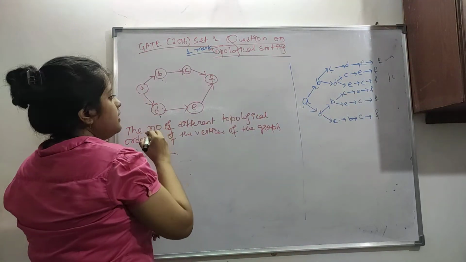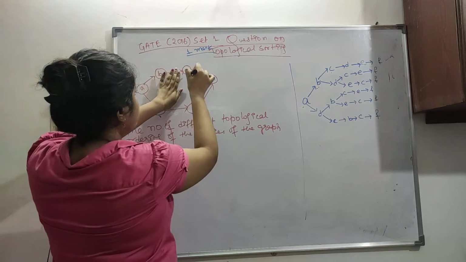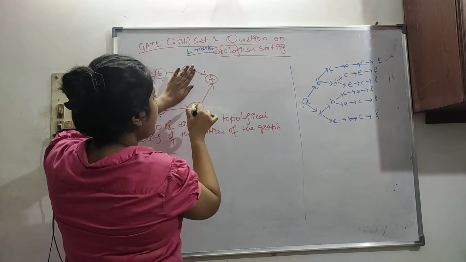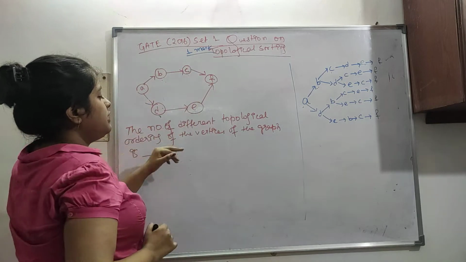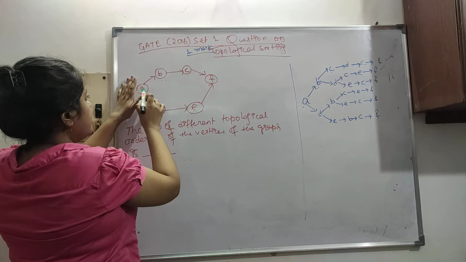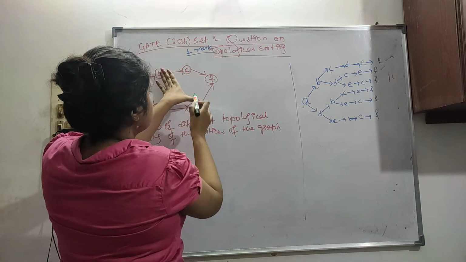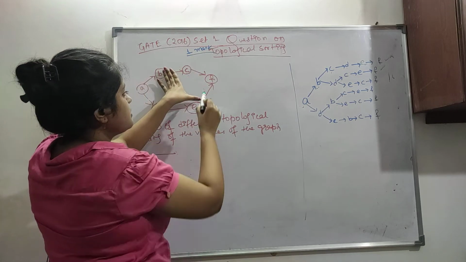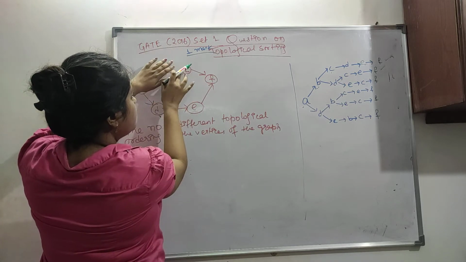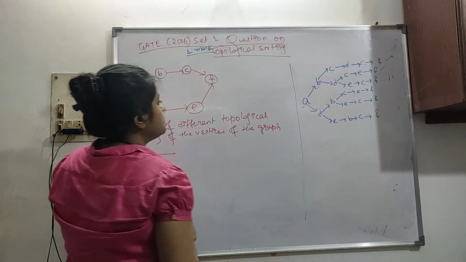Now next, A, B and D are deleted. C and E, anything can come. Let's say C is deleted. Now we have to delete E because F is depending on E. So this part is also checked. Next, A, B, D are deleted and now E is deleted. Then we have to delete C only, because F is depending on C. So this is also done.